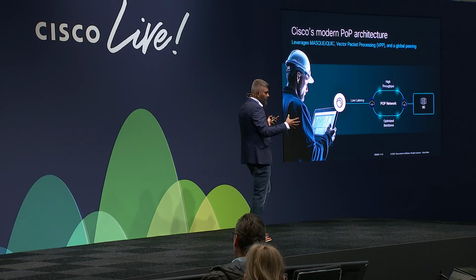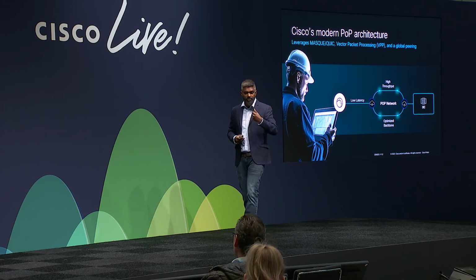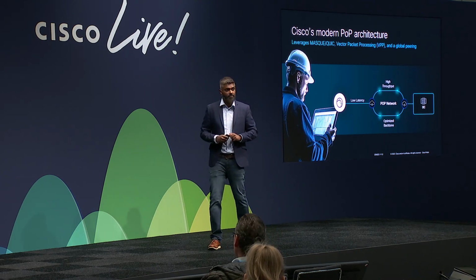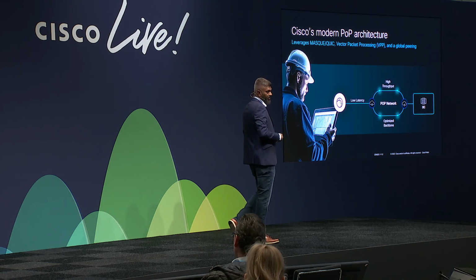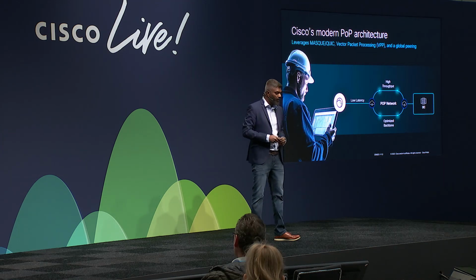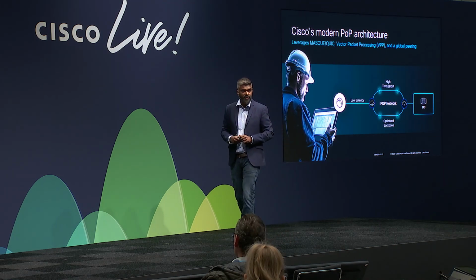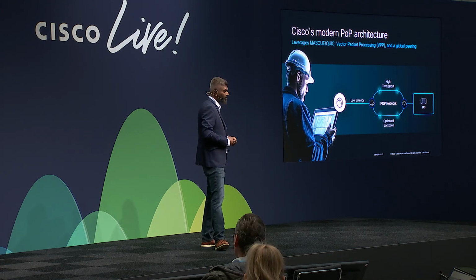Now we couple all of these things with a relay-based architecture. The most interesting thing about a relay-based architecture is the fact that both the user and the application are always isolated. Meaning, if you're on a device and you were to do some sort of discovery of, hey, what are the applications that I can access, you're actually just going to see your local loopback address. You're not going to be able to do any sort of application discovery. The only way a user is going to be able to connect to an application is through this identity-aware proxy that sits in the middle.